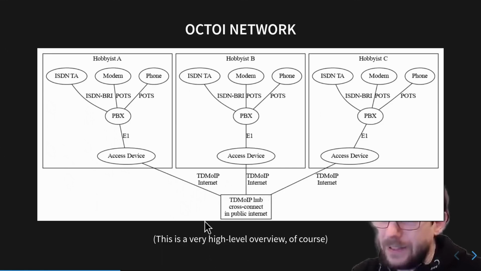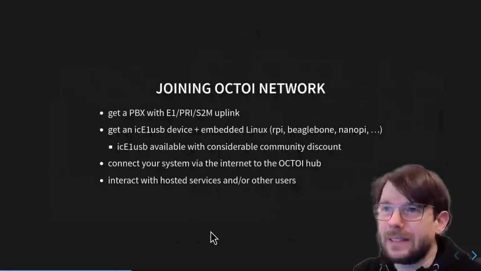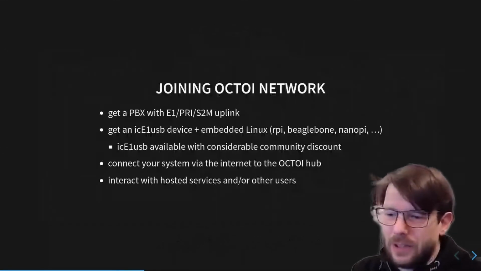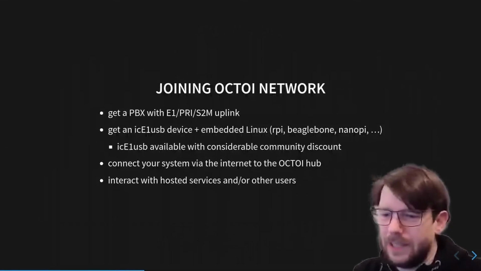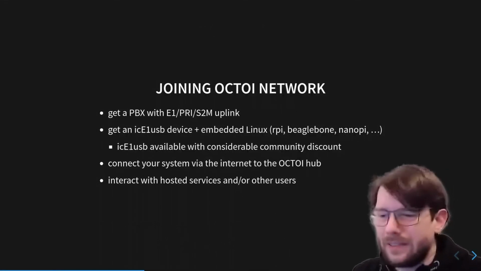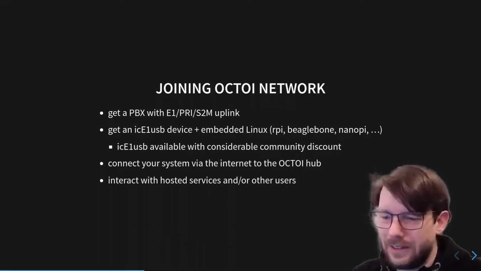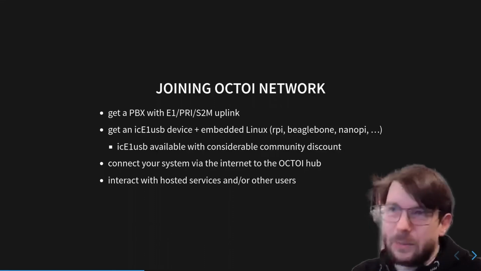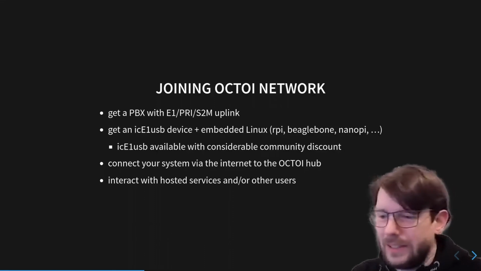And on this, we run a bunch of software, and that's basically what I'm going to cover tonight mostly. If you want to join this network, you basically have to get a private branch exchange that has an E1 interface, or sometimes called primary rate interface, or S2M also in Germany, as also synonymous in this context. Then you need to get an E1 USB device or build one yourself. It's open source hardware,